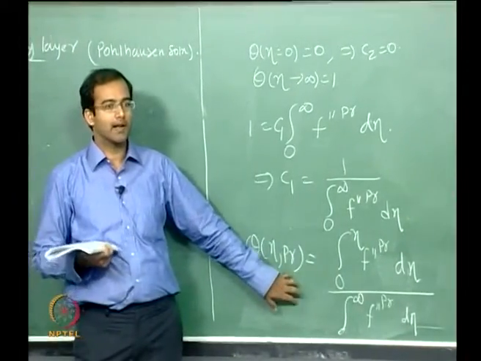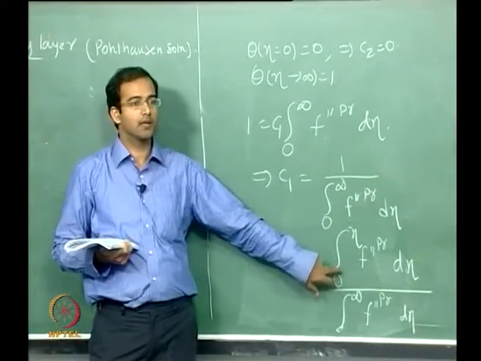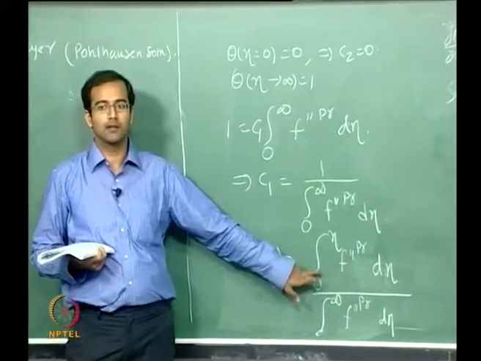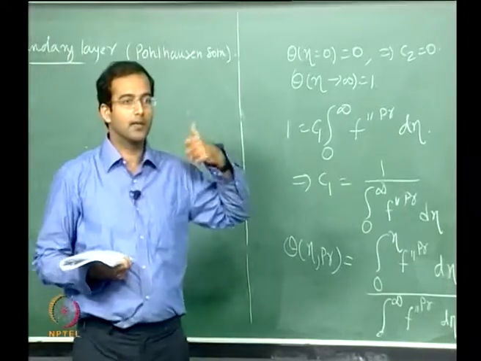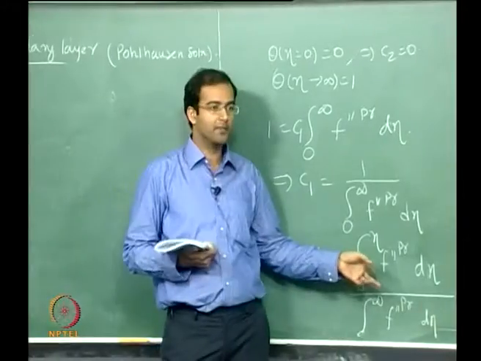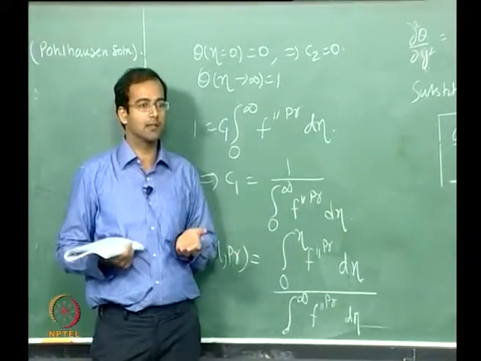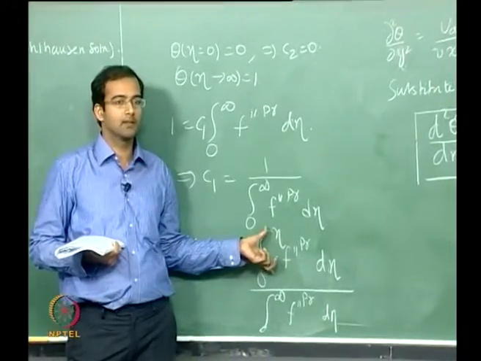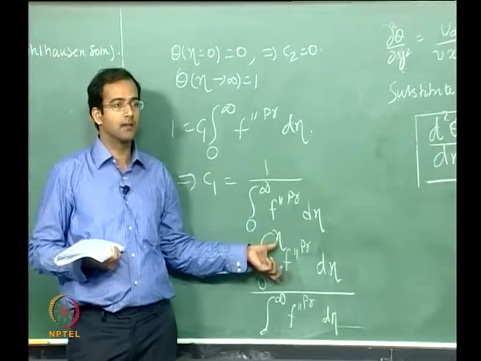Although this looks like an analytical solution, finally the f you are getting is not a continuous function, right? What you got from the Blasius solution numerically was for discrete points. Therefore now f is available only for discrete points. So what you can do, you can either do a curve fitting kind of a thing, make a continuous function out of it and integrate it here. So even the integration has to be done numerically.